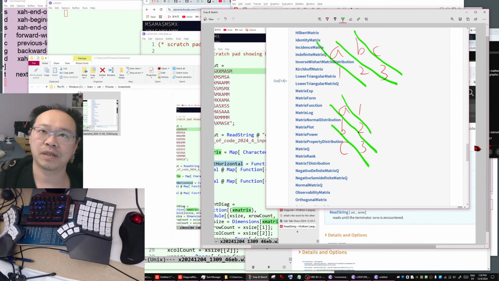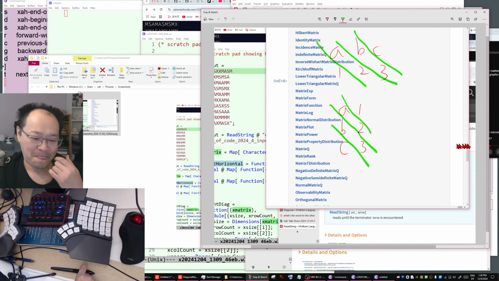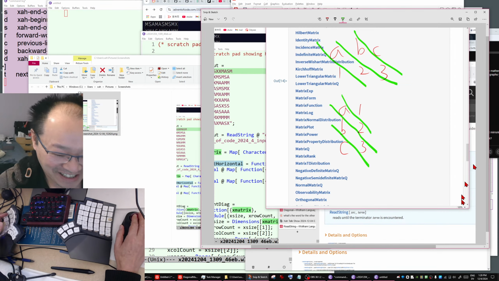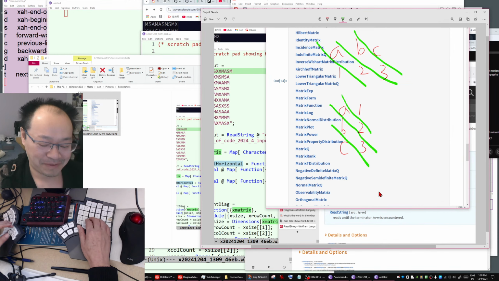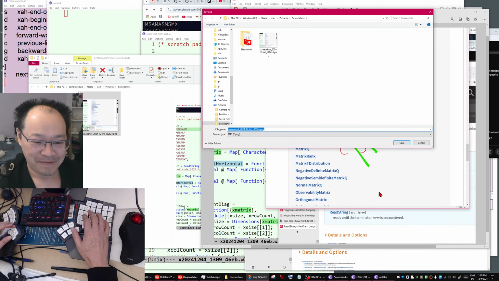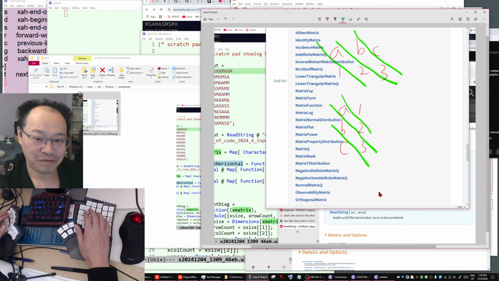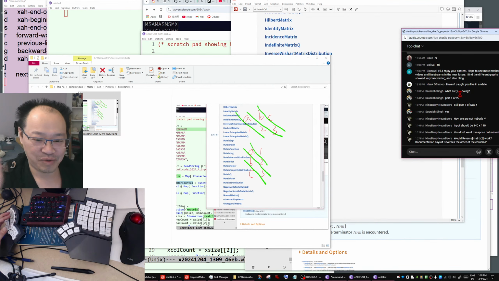Oh, so if you want to do mirror, that's so trivial. You just reverse each matrix row. So yeah, we don't have to think about this anymore. You just reverse each row.